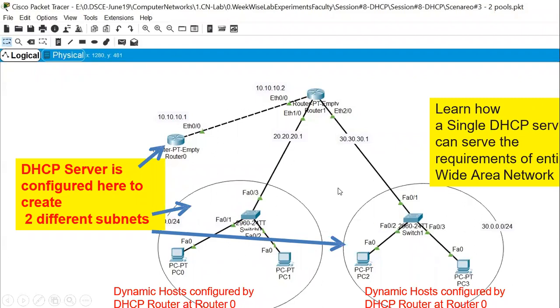So just look at the configuration, how it is done. This router is connected to 3 different LANs. So this is the 10 network, 20 network, and this is the 30 network. And there are 2 PCs just to show one subnet. And this is the router which is configured with the IP address 10.1. See the last 2 bytes. And this is 10.2, this is 20.1 and 30.1. So this is the gateway address for this subnet, and this is the gateway address for this.